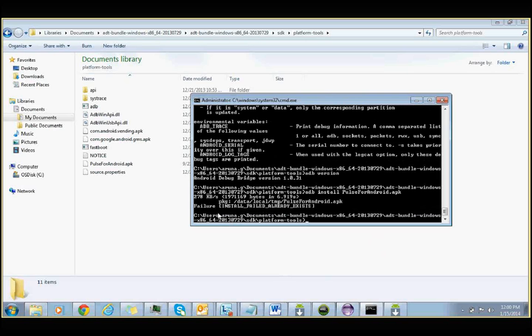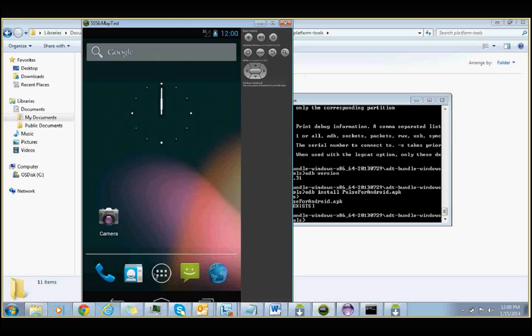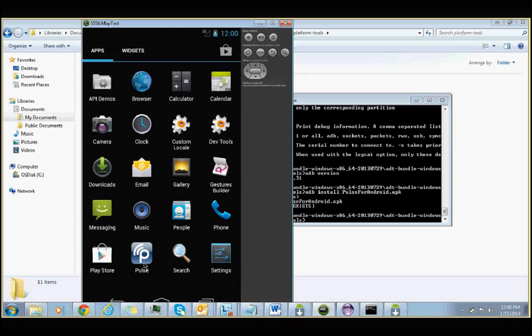So you can see the failure message here, which is saying that this APK file is already there in the emulator. So what you can do is, go to this emulator, click on this menu. You see this is already there. So if it's already there, what I have to do is, go to settings,